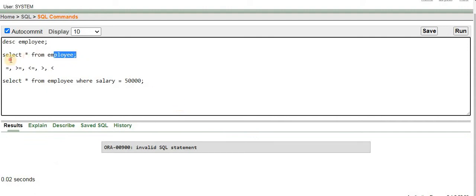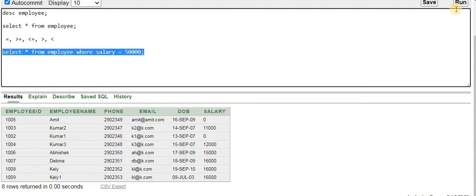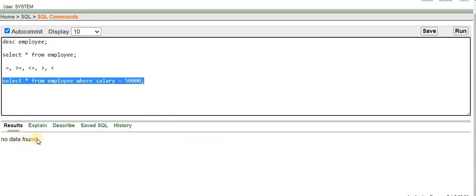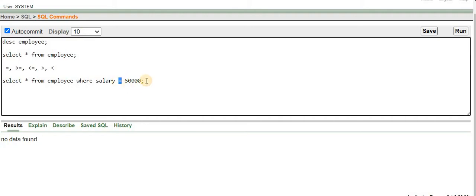In the salary column there is no record whose salary is equal to 50,000. So I run this script to see the outcome. It should return 0 rows because no record is available, so it will return no data found.